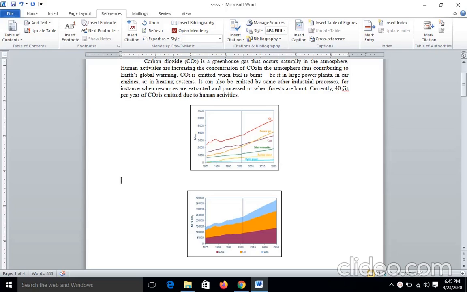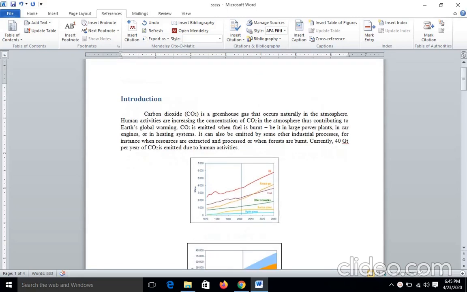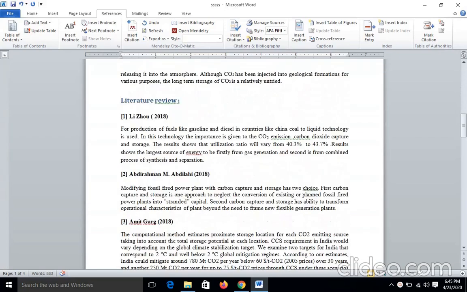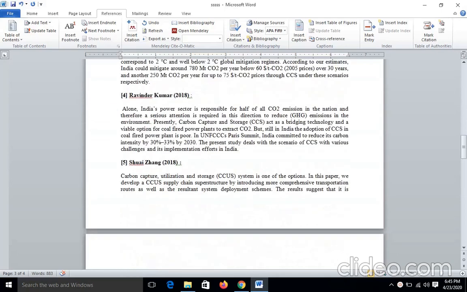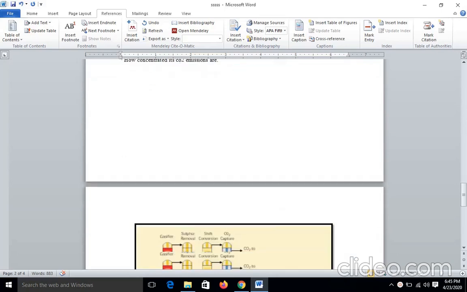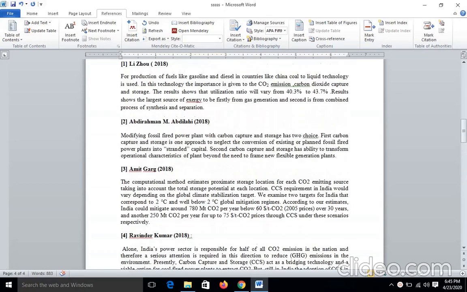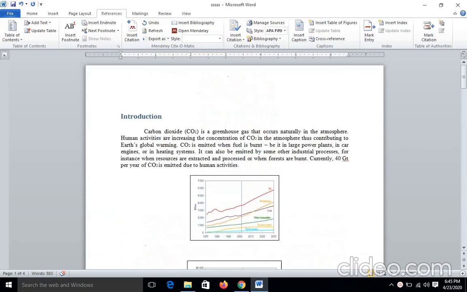Hello everyone, in this video you are going to see how to use an inbuilt option of Microsoft Office to have the list of the figures. So in your report many times it will ask for a list of the figures: figure 1.1, figure 1.2, or figure 2.1, figure 2.3. One number represents the chapter and the second represents the figure number. In 1.1, it means first chapter, first figure.